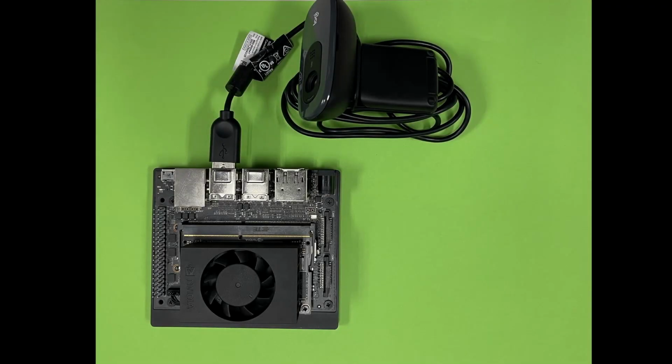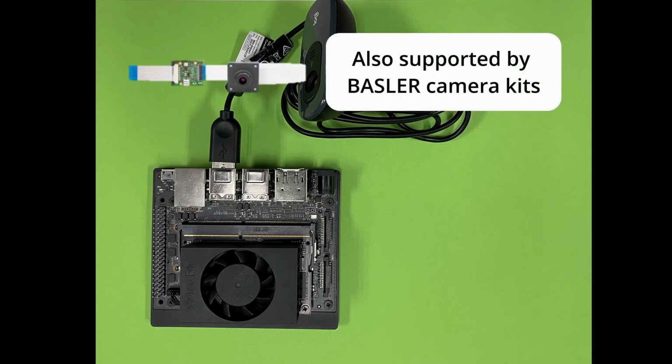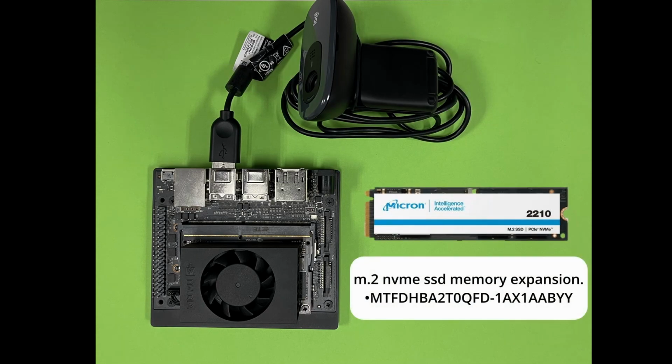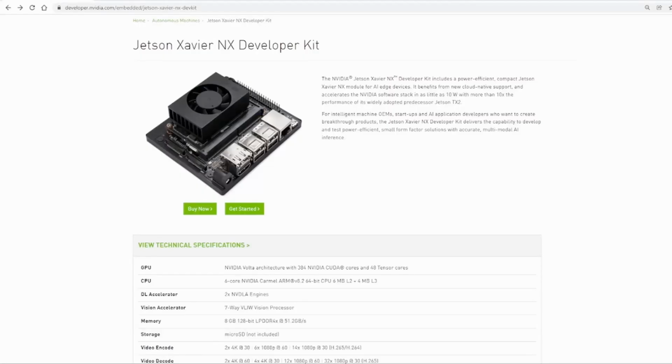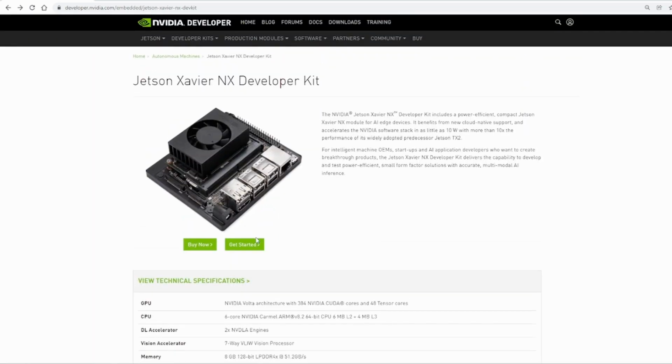For this project, we will use an NVIDIA Jetson Xavier NX development kit, which has a GPU with NVIDIA's Volta architecture with 384 CUDA cores and 48 Tensor cores, and an NVIDIA Carmel ARM 64-bit CPU. The NVIDIA Jetson Xavier NX development kit includes a power-efficient module for AI edge devices. The Jetson Xavier NX development kit delivers the capability to develop and test power-efficient, small form factor solutions with accurate